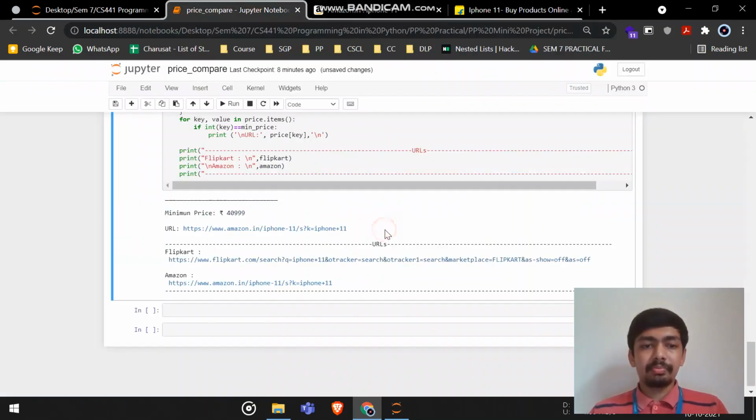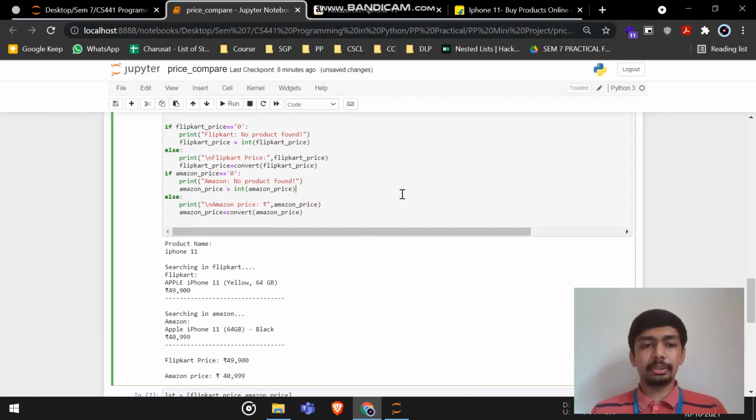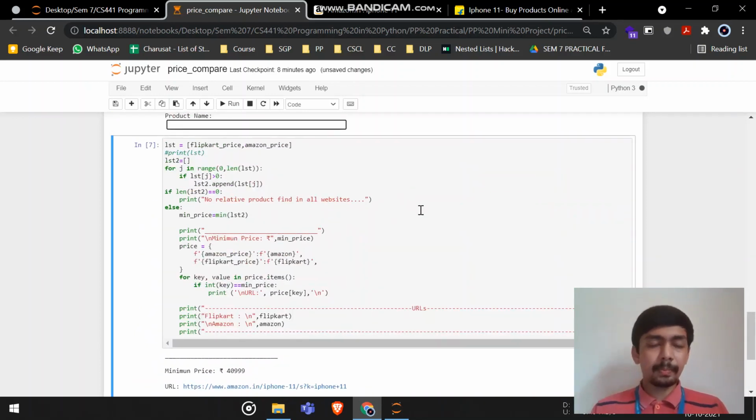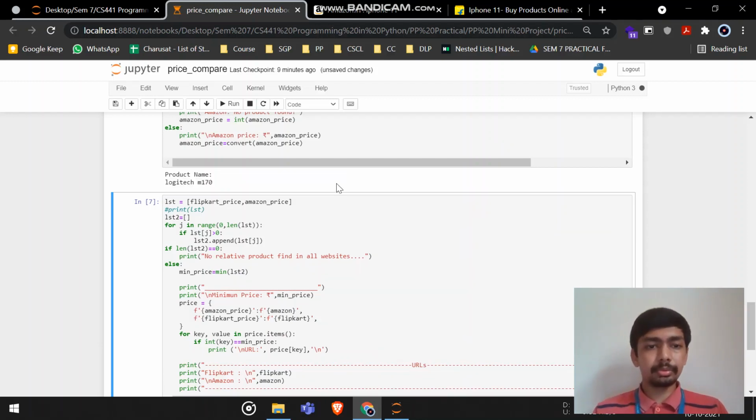Yeah, it will work on any product. So let's try another product. Let's say Logitech M170, it is a wireless mouse.